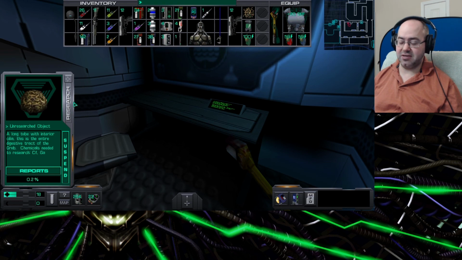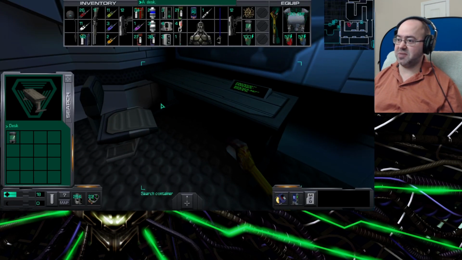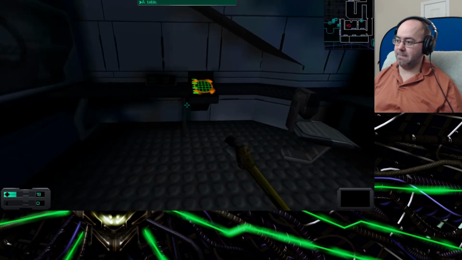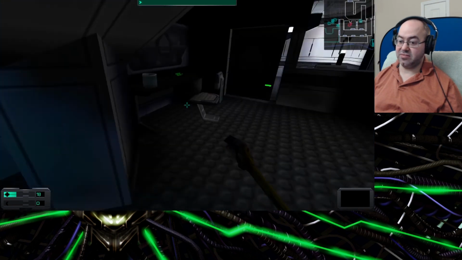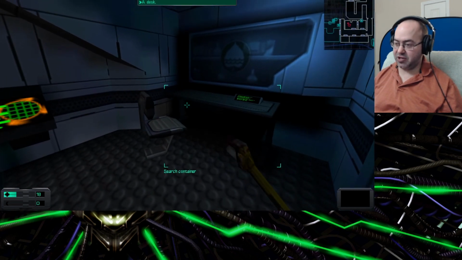What about this? Long tube with interior cilia. This is the entire digestive tract of the grub. Chemicals needed to research CF and GA. Alright, well, at least for now, let's go down to... So there's that one. I don't have enough space, though. Not yet. What about these other ones? No. Let's put it...